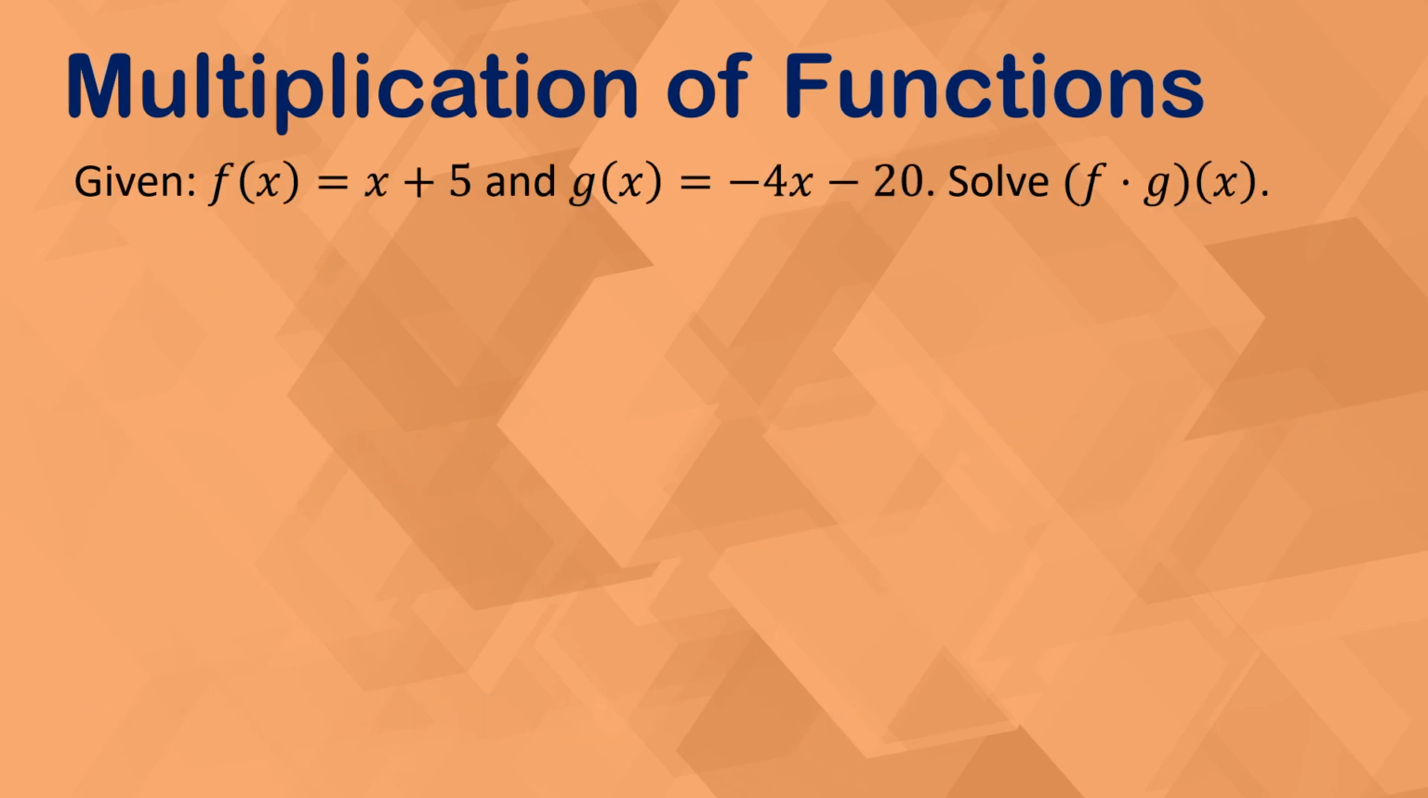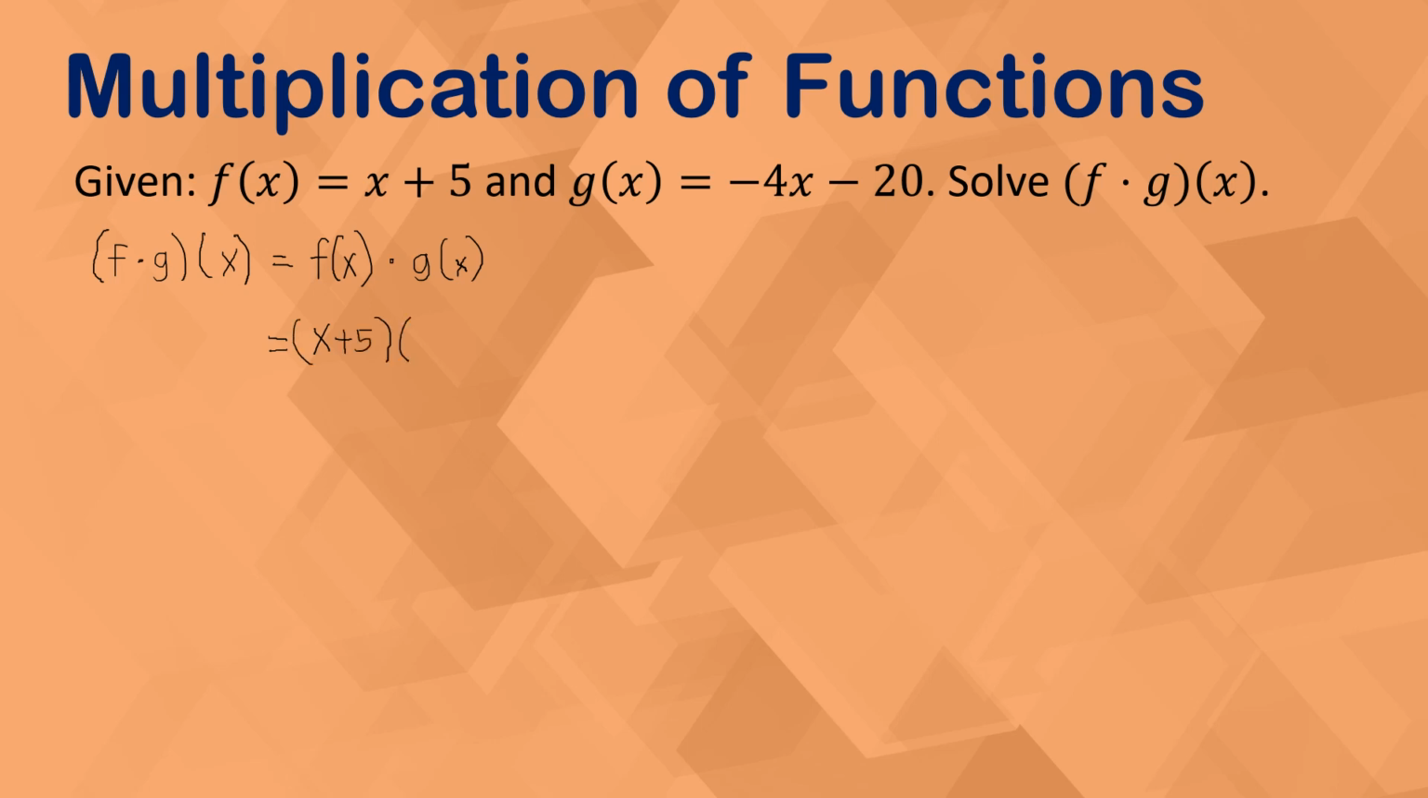So for example number 1, we have here f and g functions. So f function is x plus 5 and g function is negative 4x minus 20. We determine or solve the product of the two given functions. So let's have f times g of x, and by definition that is f of x times g of x. We substitute the given functions, x plus 5 for f of x